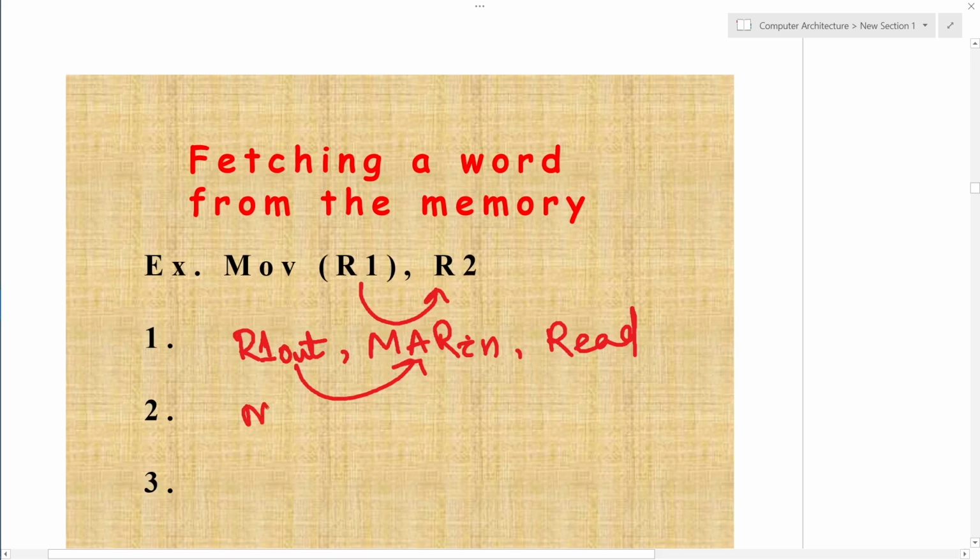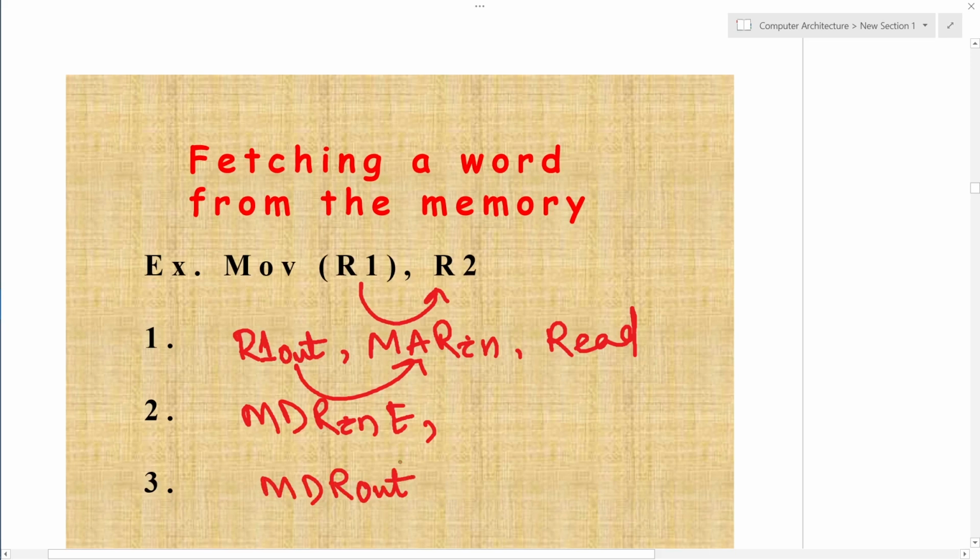So I have to write MDR in, and as the content from memory to MDR will be delivered, it will be done by the help of external bus. So I have to write MDR in capital E, and once it is available at MDR in, then this content will be delivered to the MDR out.